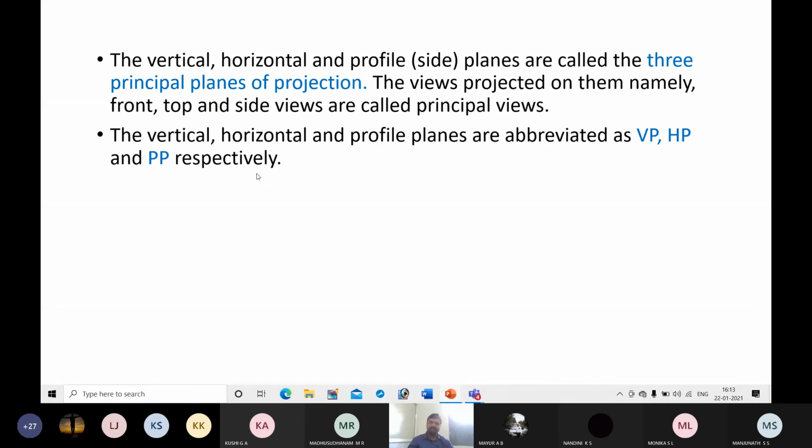So these terms we use even in problems. They don't specify it as vertical plane, they say VP, HP, PP. You should remember this, so these are very important. In example questions they don't use vertical plane, they use VP, HP.